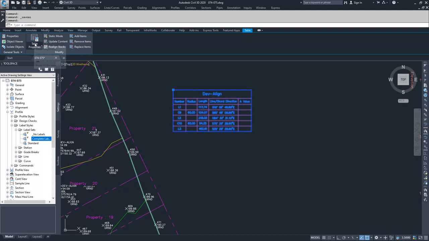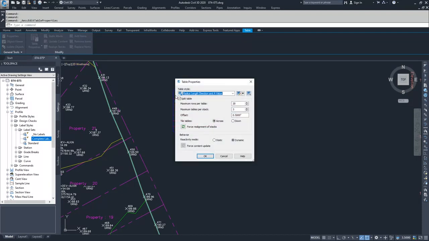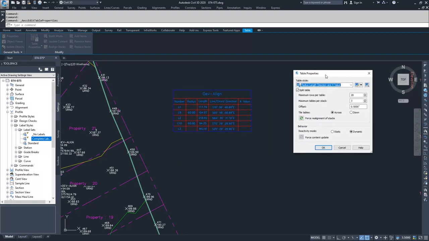So if we need to break up this table, we're going to go ahead and go to Table Properties. And then inside of Table Properties, under Split Table, if you need to break up the table because it's too tall, let's say, for example, in this one, we only wanted it to be 3 tall, maximum. So I would say maximum rows per table 3. And then if I needed to, I could extend my maximum tables per stack, but 3 will be acceptable for this. Then our offset and how we want to do it, if we want to do it across or down,